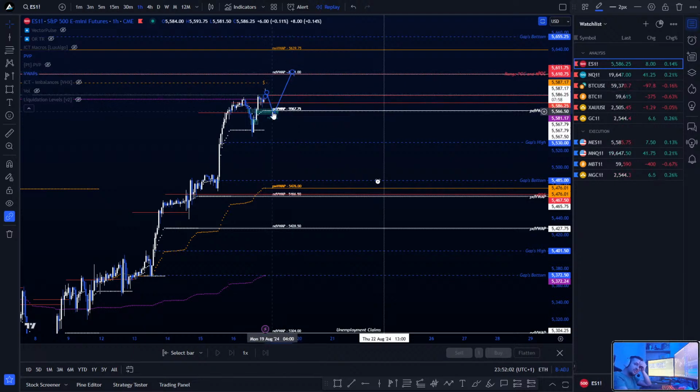So going up would be the fake move, and then we would have 3 days of going down, potentially to the previous day VWAP at 5465, and from there, either we continue going way down, like hard, or we have a pullback to what could be